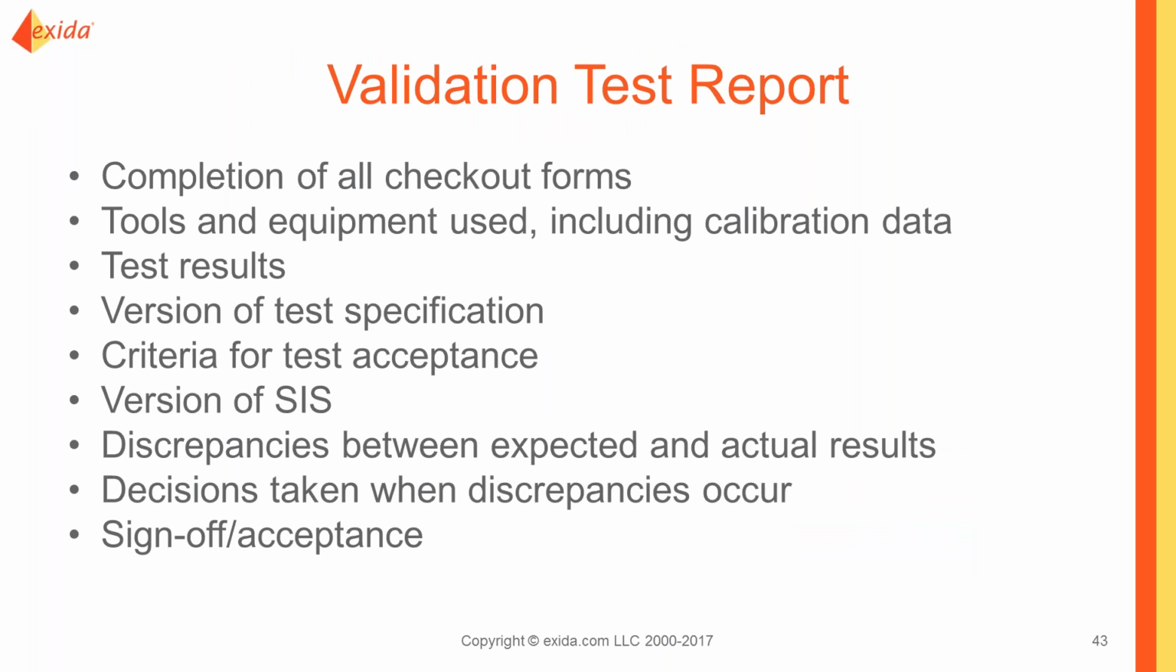The checkout forms were done, recording what tool and equipment is used, including when it was calibrated, test results, what the specification was, what the criteria to accept or pass the test was, what version of the safety system is there, probably the build number, and discrepancies between what you expected to see when you did the planning and what you saw. Then there's a positive decision that those discrepancies are reviewed and accepted, or if they're not accepted, you go back and the corrective action is done, and finally a sign off and acceptance. So that's going to serve as a good basis for